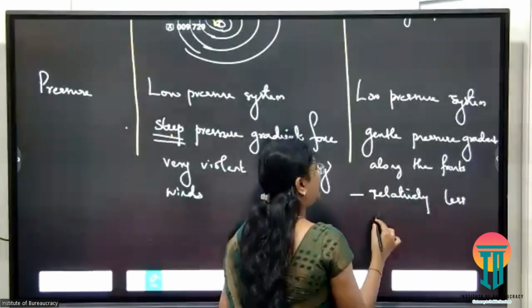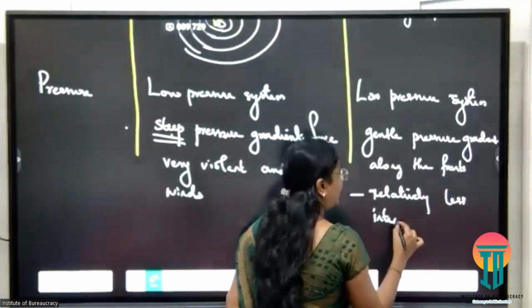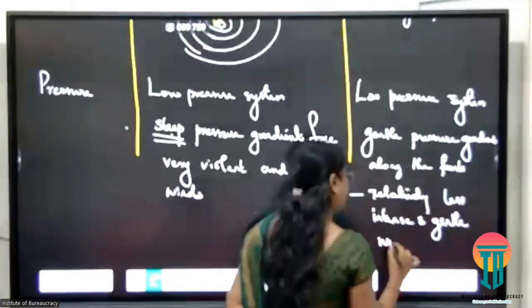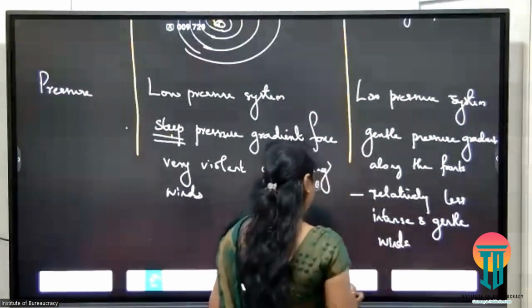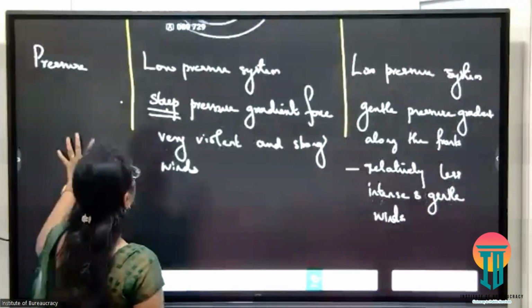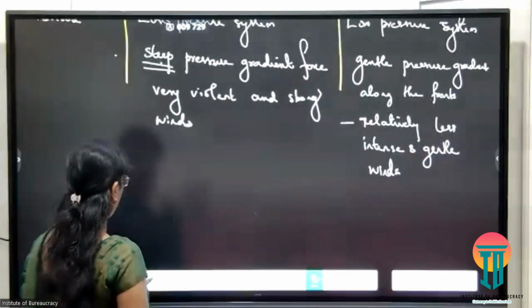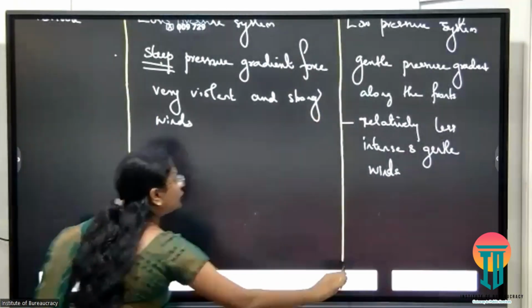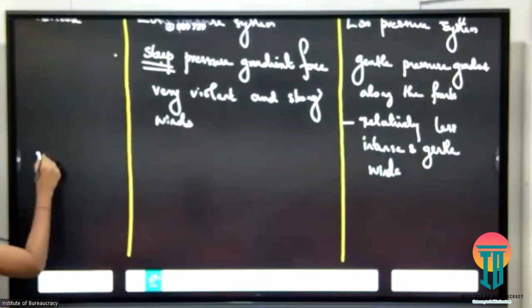Use the word relatively less intense. Okay, relatively less intense and gentle winds. So since pressure differences induce what? The velocity of my wind. So when we talk about the velocity of winds,